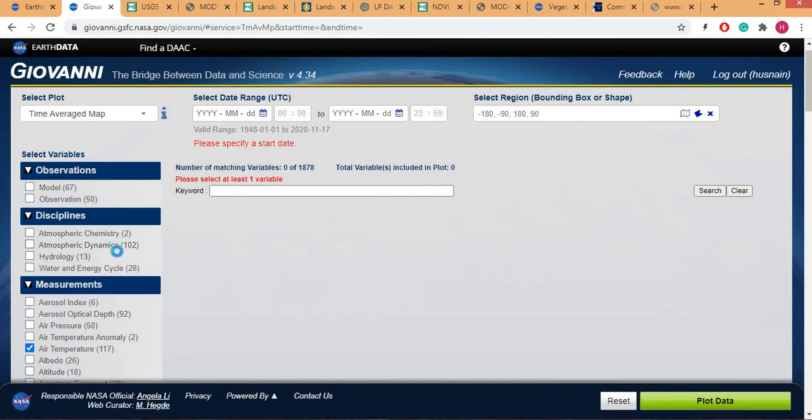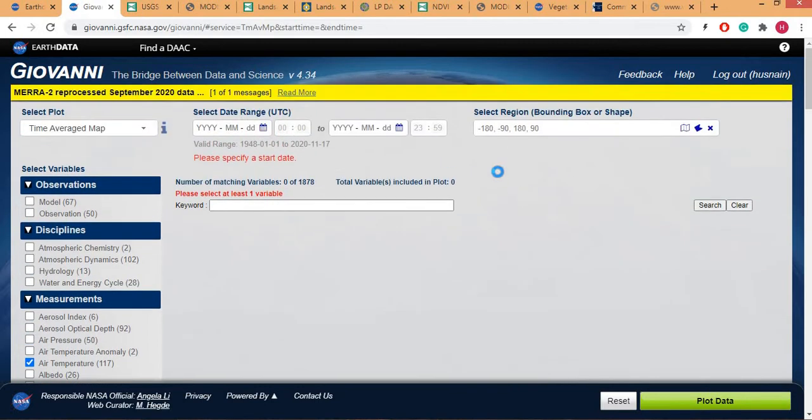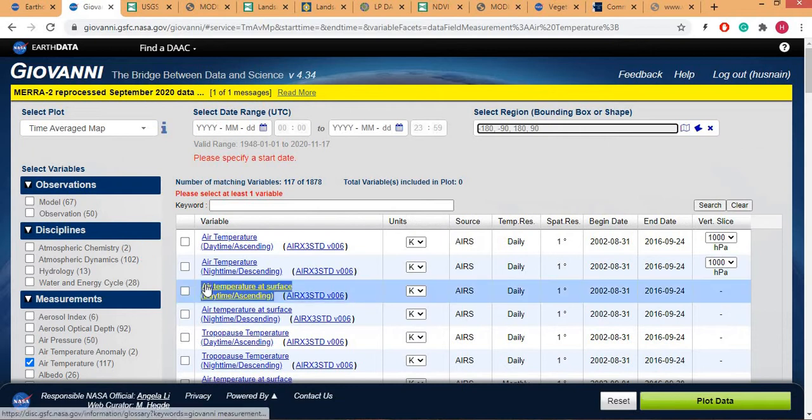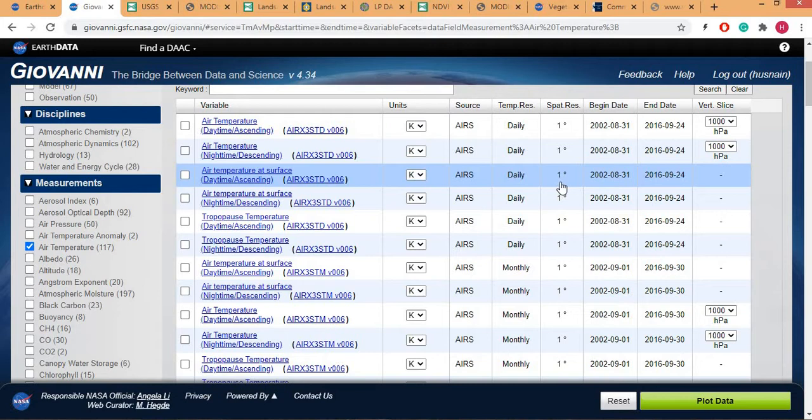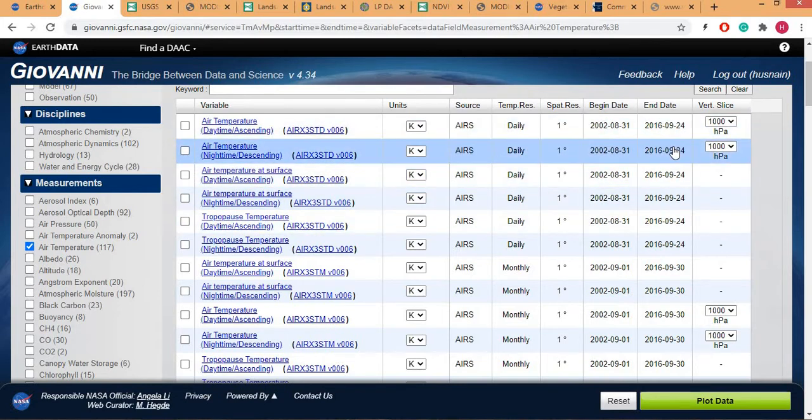You can also select this one. I mean to say, in order to decrease the size of the data, you can select the range. This may be the left corner, this may be the lower corner, the southern range, this is the eastern range, and the last one is the northern range. So this is the box. You can select a shape file from this list, and you can also draw a boundary. So here we have temperature products, daily products, spatial resolution 100 kilometer, 1 degree, 2002 to 2016.